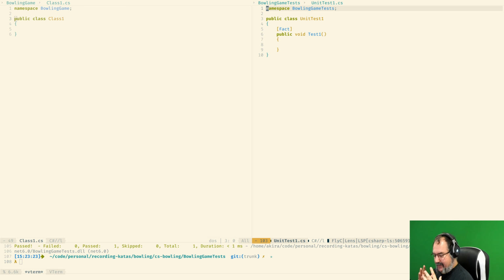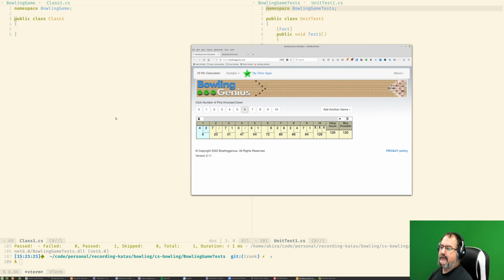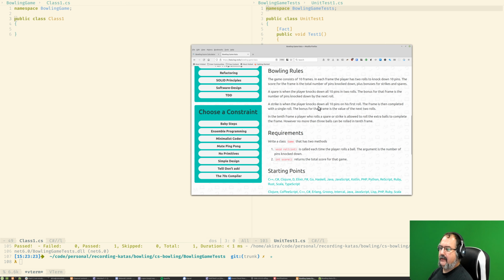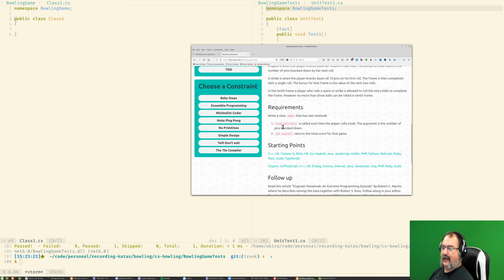For us, actually, the sample that was provided, the requirements rather, already tell us that this is the input, this is the output, basically. So this is the API that we need to test, and therefore we are going to be testing this.